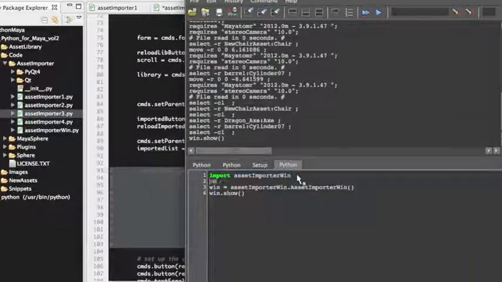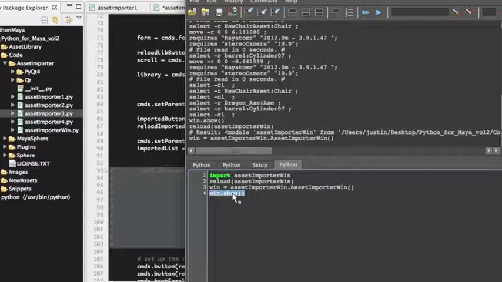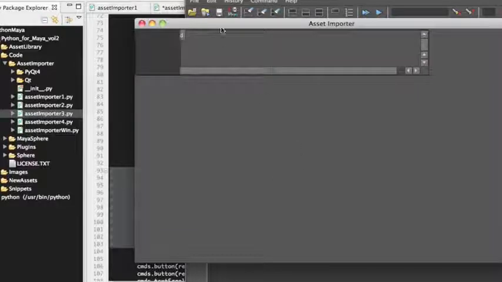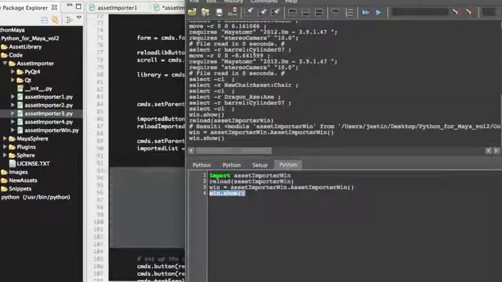And our trusty reload. And create a new window and show. It's all wackadoo, and that's because everything just got lumped in under the form layout, but nothing's been told where to go. So that brings us to this next part,